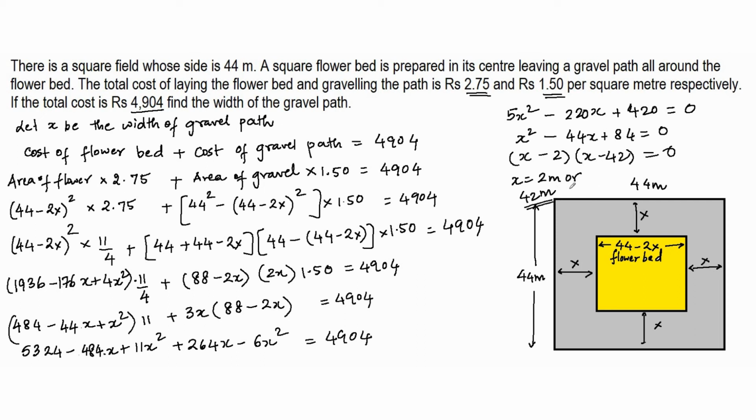Of course, you will have to write a detailed explanation of this, maybe 1 or 2 lines, not more than that. But we accept x equals 2 meters, and this is going to be our final answer. Therefore, the width of the gravel path is going to be equal to 2 meters. So because this is quite a detailed solution, I am going to pause for 2 minutes and let you take a look at the complete solution before we move on.